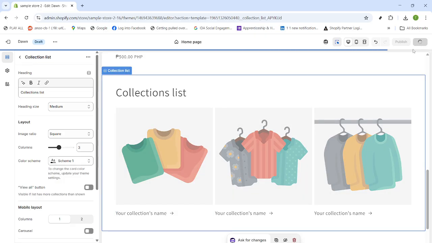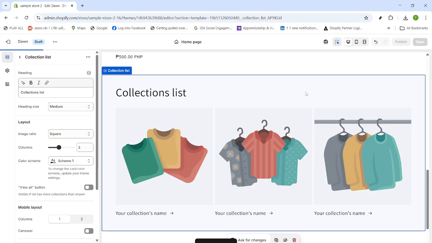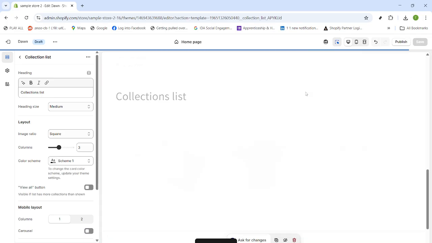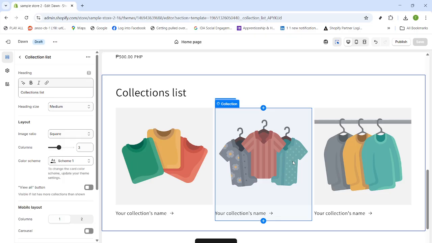When you're happy with how the collection list looks, click Save. This publishes your changes to the theme, ensuring your collection list page is ready for your customers. That's it. You've set up your collection list section and prepared the page that you can link from your main navigation. With your collections selected and saved, your shoppers will have a clear path to explore